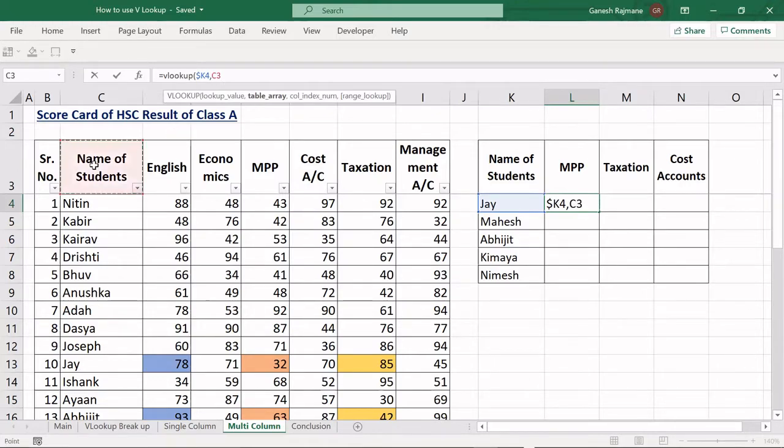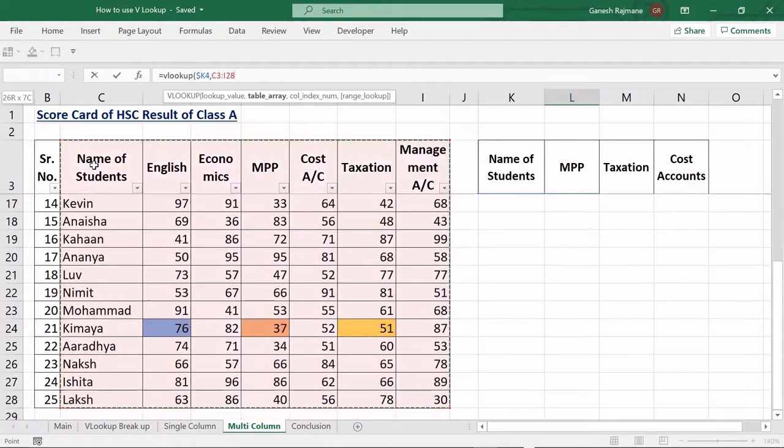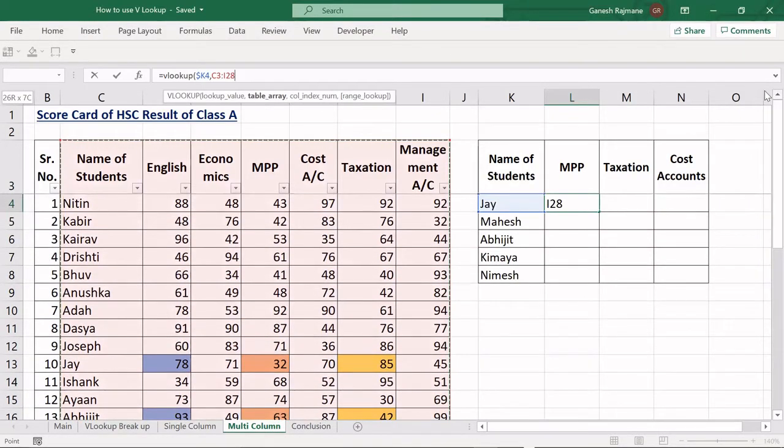So here I will select the whole table because we want the exact score against the name of the students. Okay, so I will select the whole table, and here I will give reference. I will fix the reference of the whole table by using function key F4.